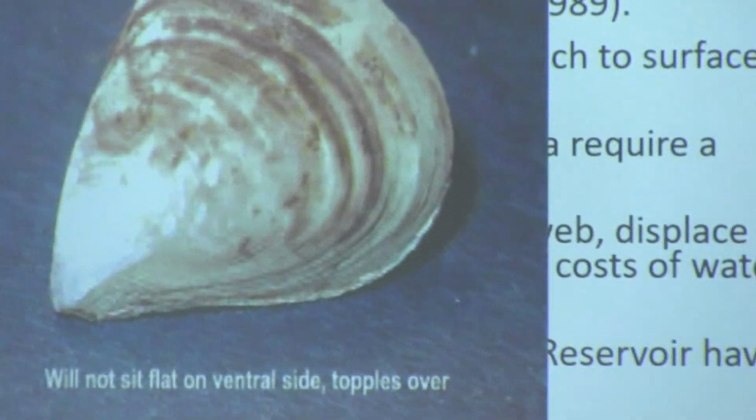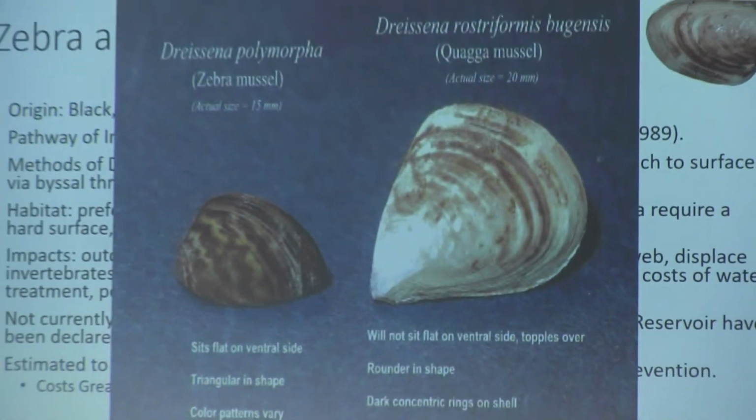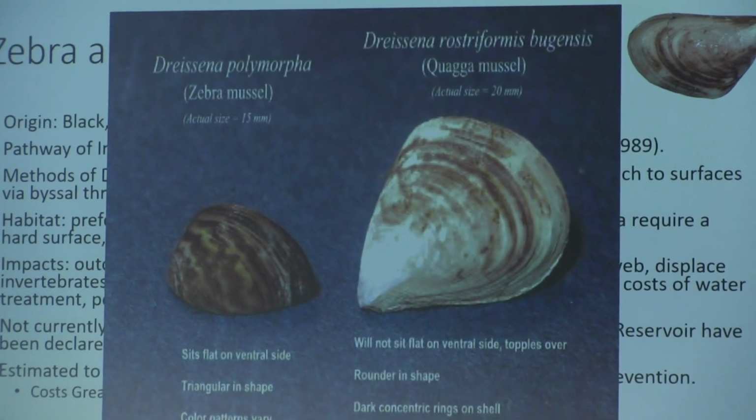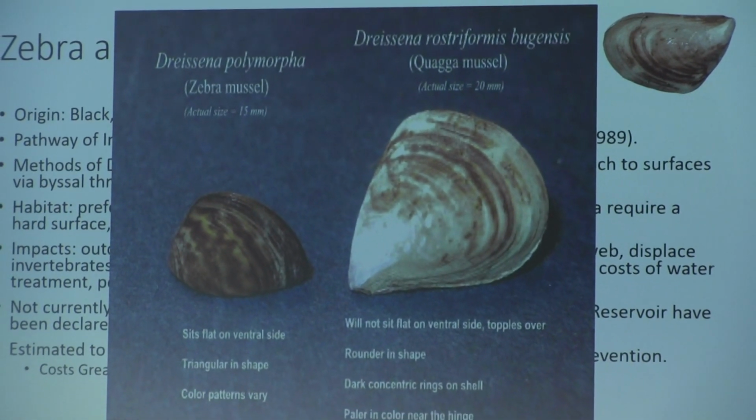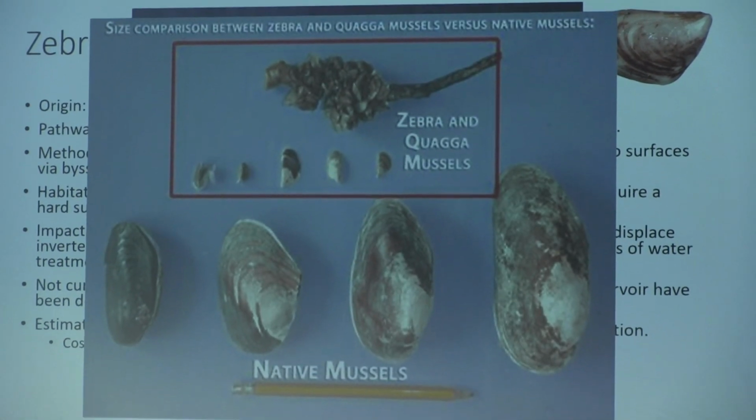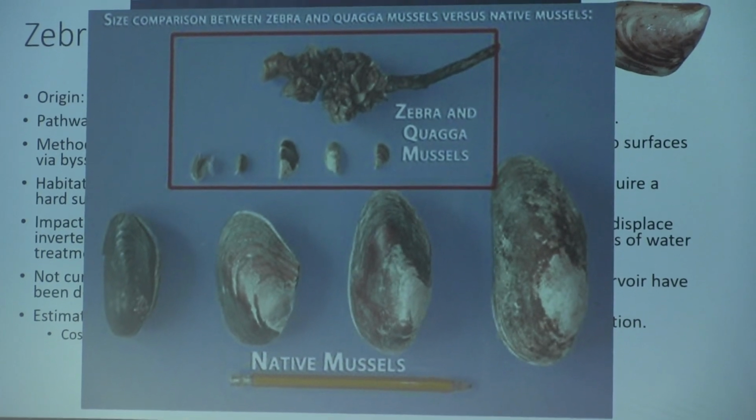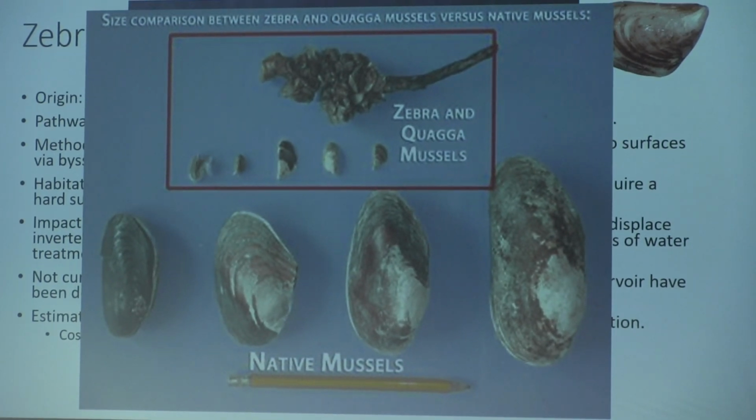They're both bad. If we get to the stage where we're having to identify between the two, things have already gone terribly wrong. And then this is the size difference between them and our native mussels. So again, if you're ever wondering, is this thing that I am looking at a native mussel or an invasive mussel? One, you can always take a picture and send it to us. Two, if it's large and it's on the bottom, such as just on the sand or the mud or kind of buried in there, probably a native mussel. If it's attached to something, it's definitely invasive.